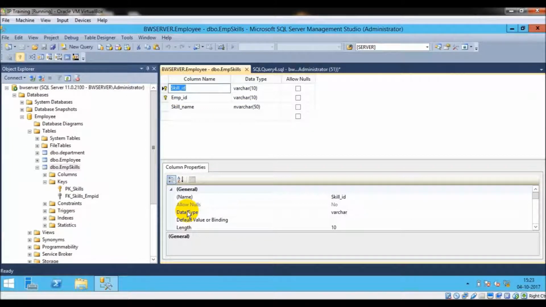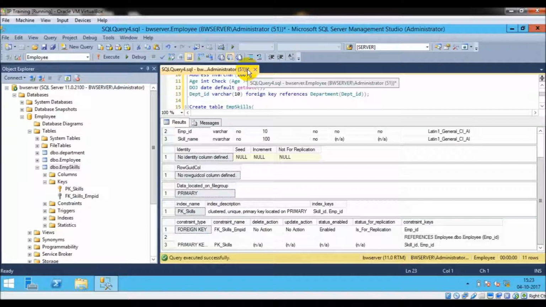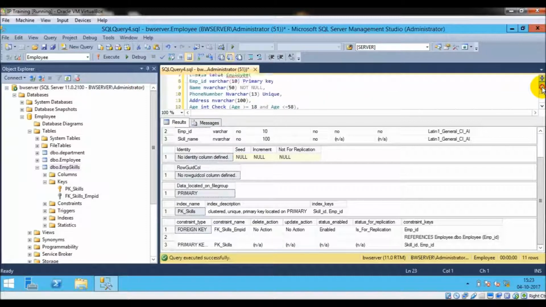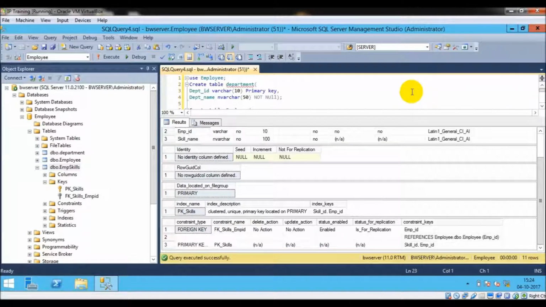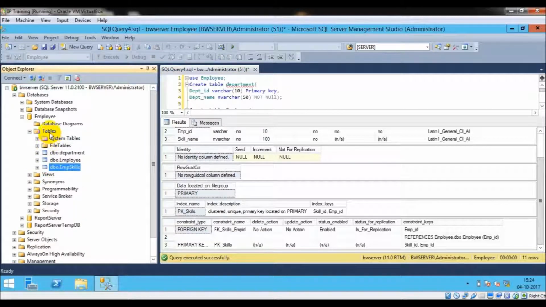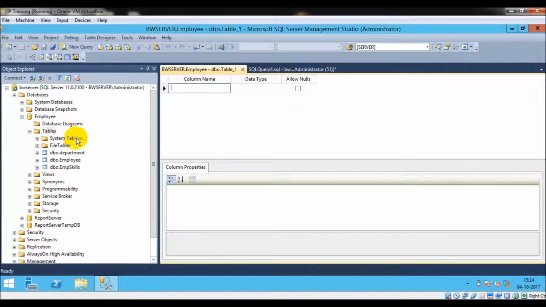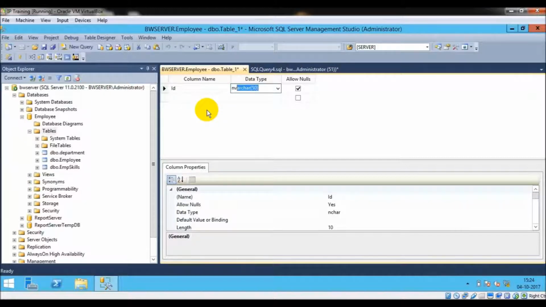So this is how we can create constraints in the database tables, and this is how we can impose rules about what data we can enter into the database and what data we cannot. So yes, we can do it using GUIs as well. If I create a sample table, here is how we can create a table with a primary key. I'm just putting id, varchar 50,